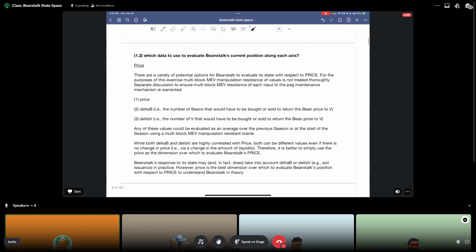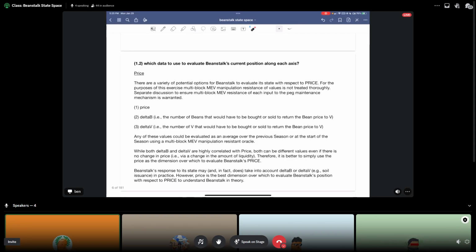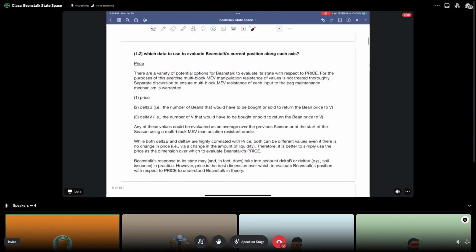In practice, Beanstalk measures delta B for the most part. Sometimes it measures price, but typically it can just measure delta B, because if delta B is positive, that means price was also greater than V. If delta B was negative, price was less than V. So to a large extent, Beanstalk can use delta B as an indicator for price, but nonetheless, in the grand